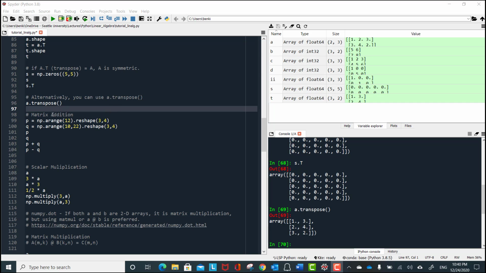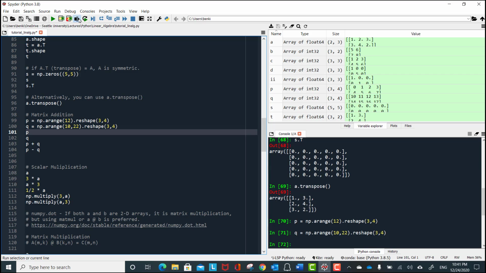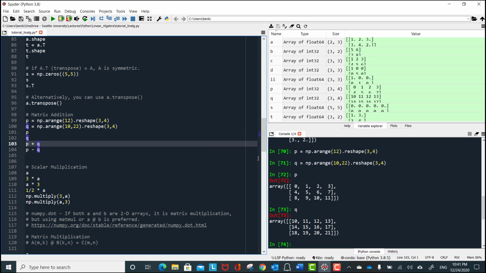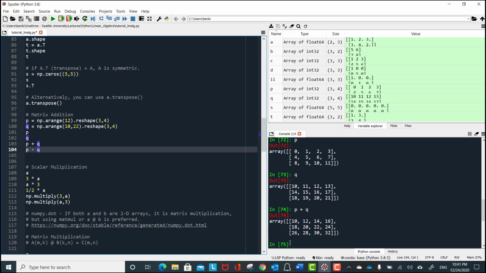All right, let's look at a matrix addition. Let's create two matrices, P and Q. If you look at P, here we have a 3 by 4 matrix, and Q is also a 3 by 4 matrix. If you add P with Q, P plus Q is basically element-wise